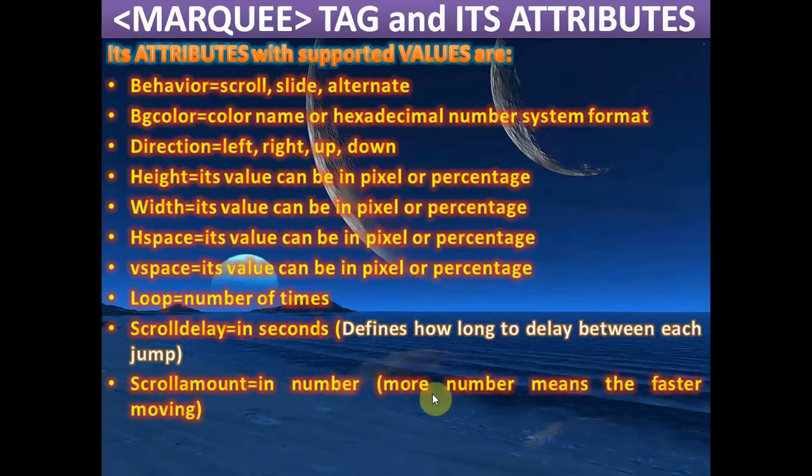Here, a larger number means faster moving. If you want to make your scrolling text faster, if you want the animated text or object to move very fast, then you have to define a larger number here, like 20, 50, 100, 200, 500. How much you want to define is up to you. If larger numbers are given like 100 or 200, then the speed of the moving text is faster. If you give a smaller number like 1, 2, 3, 4, 5, then the speed of the animated text will be slower.